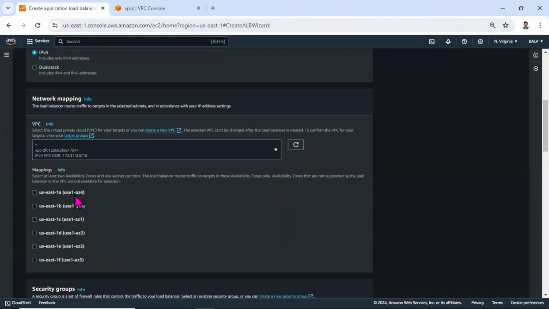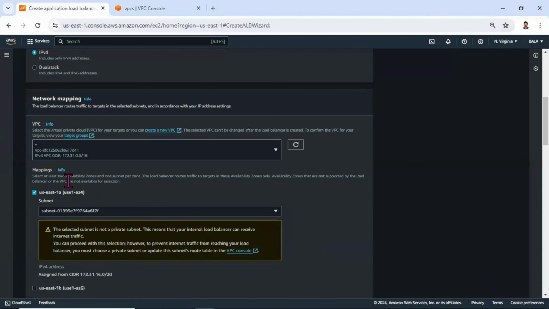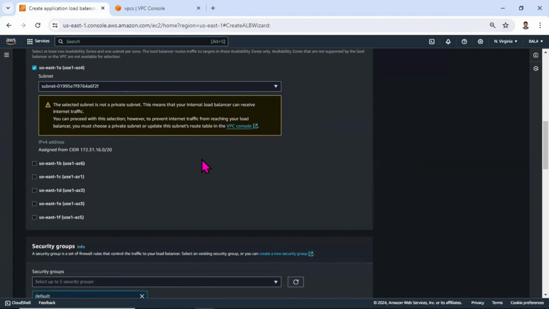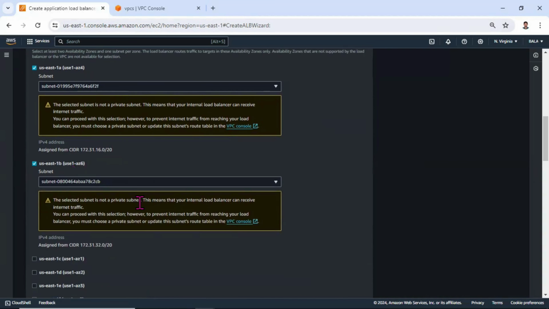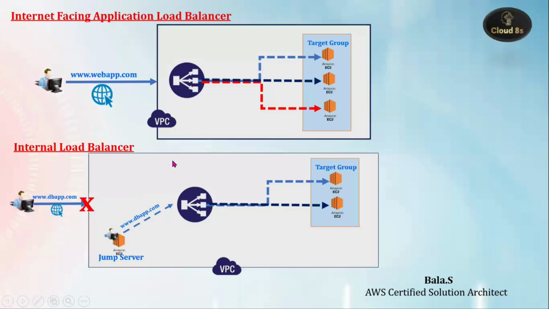Once we select that VPC, we should select at least two availability zone subnets. So I'm selecting zone 1a and 1b. When I select them, we get some kind of warning. The reason is that I haven't selected any private subnet; both subnets are public subnets. That is the reason the internet will reach the application load balancer level. But as I mentioned, this is the demo we are going to achieve. Inside the VPC, we are going to deploy the application load balancer in a local